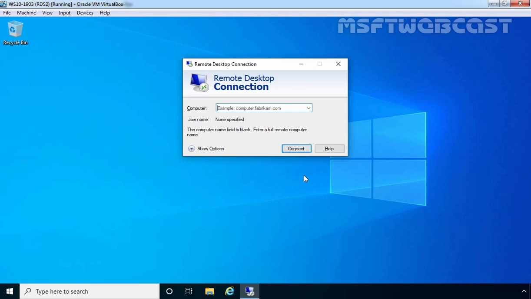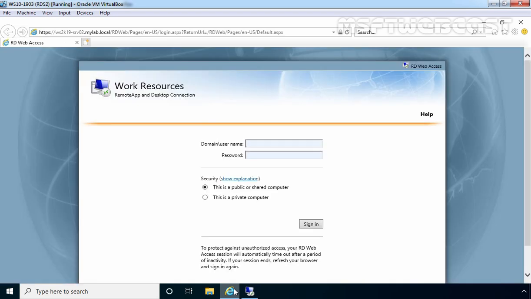In the last video, we have tested that single sign-in authentication is working perfectly fine with a remote desktop connection to RD Session Host server. But when we access RD Web Access Server, at that time, it is still asking for the username and password. Let's confirm it. As you can see, it is still asking for the username and password to access remote app programs. If we set up SSO for RD Web Access Server, this step will be skipped and directly user will sign in to the RD Web Access Server.